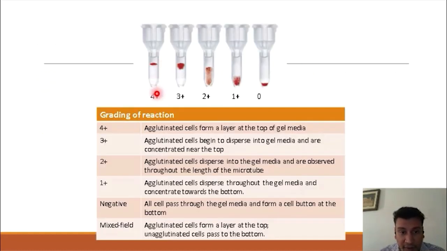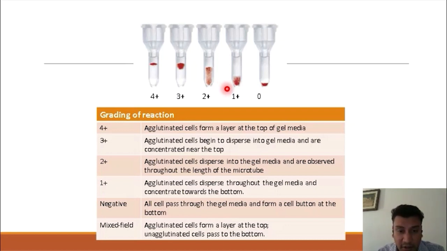So this is how we grade the reaction. It can be graded from 4 plus to 1 plus and a negative reaction. 4 plus means all the agglutinated cells have settled at the top of the column, forming a layer at the top of the gel media, which is a clear 4 plus. However, if most of the cells are in the upper half of the column, as you can see in the figure, then it's a 3 plus reaction. And if the red cells are distributed throughout the column length, then it's a 2 plus reaction. And if most of the red cells are concentrated towards the lower half of the column, then it's a weak